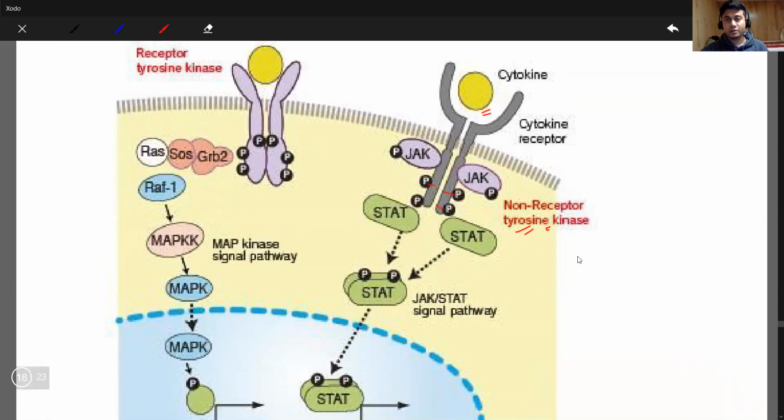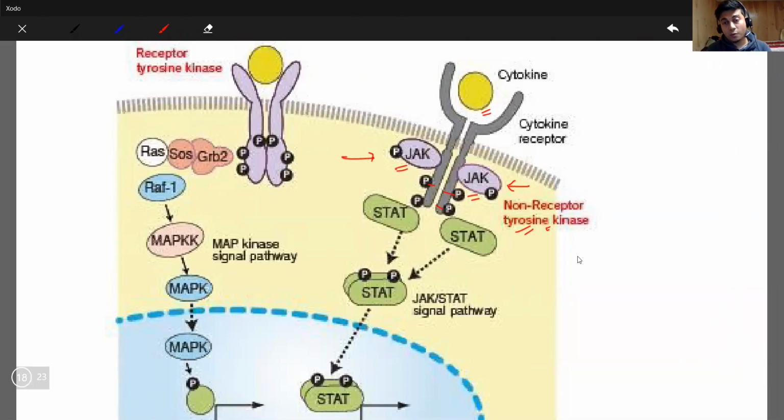They're showing up here, but they have no intrinsic tyrosine kinase activity. This receptor takes help from another protein or enzyme to phosphorylate those tyrosines. These are the enzymes, Janus kinases, that help in phosphorylation of the tyrosine residues for this particular type of